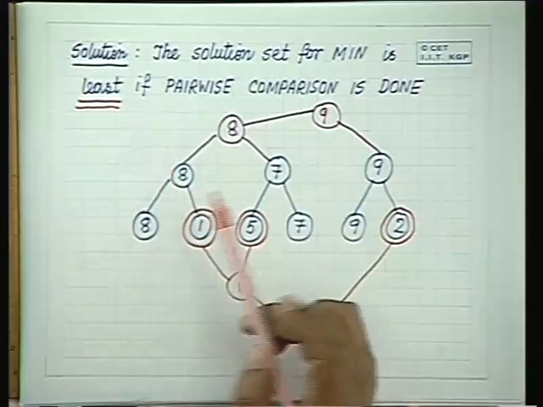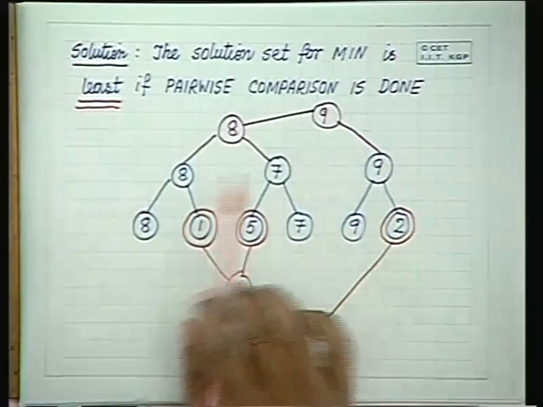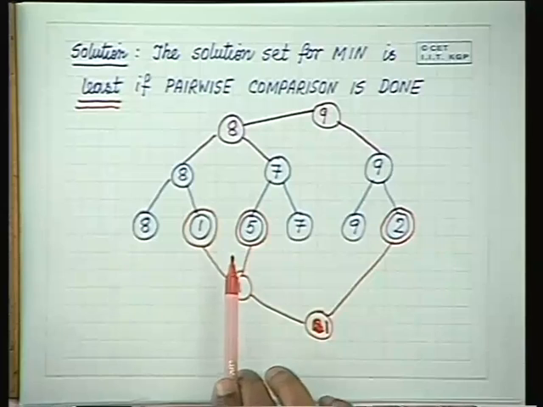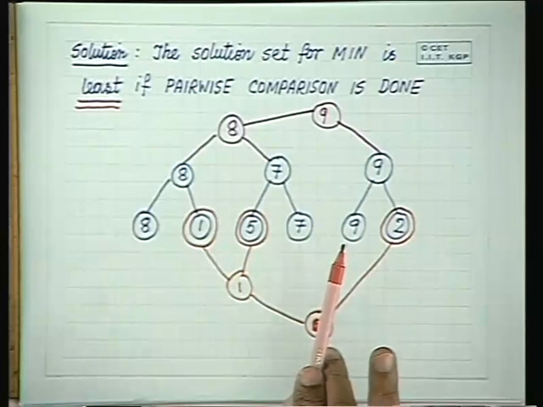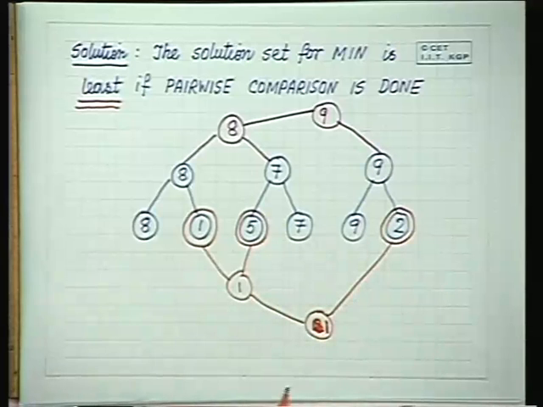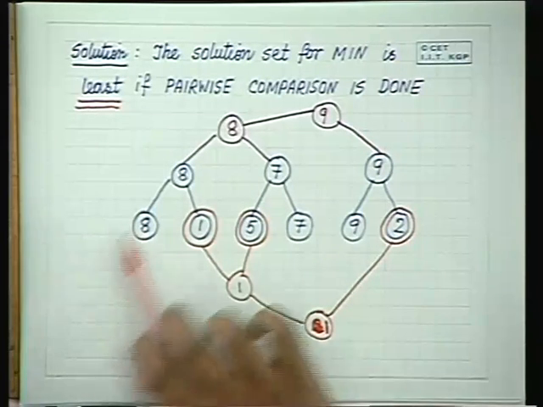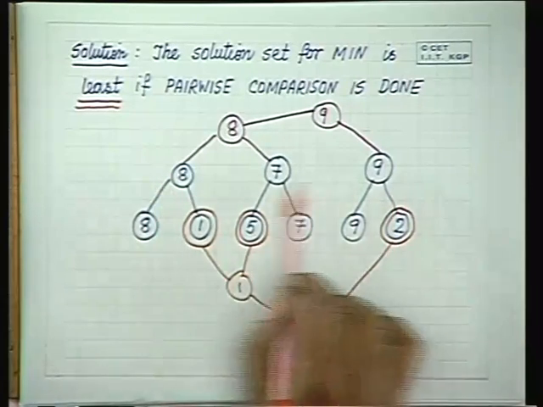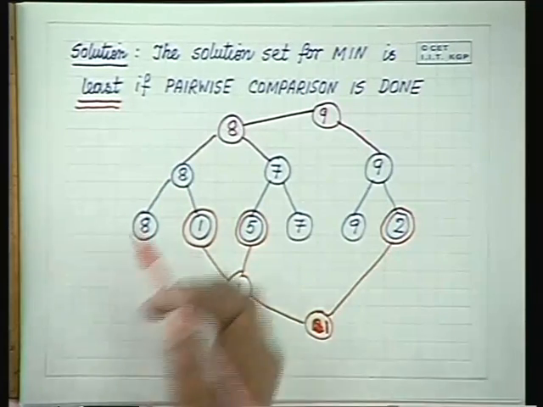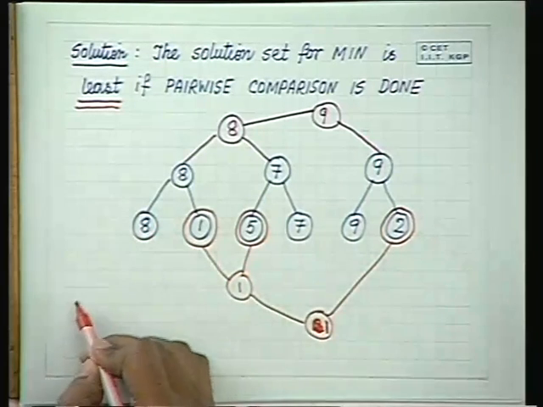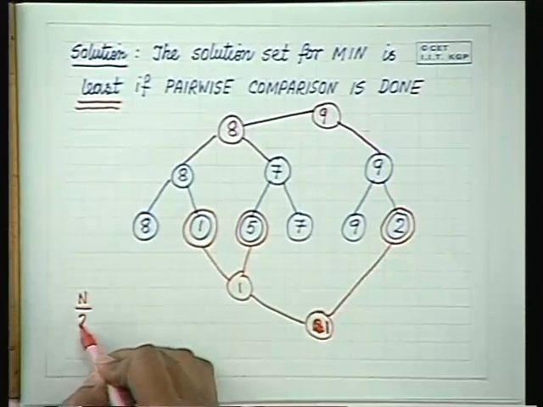I am just giving an informal argument, you can just sit down and prove it, it will not take much time. If pairwise comparison is done, it will be least in other situations also, but at least if pairwise comparison is done, it is definitely going to be least. And therefore, how many comparisons are you going to make? Let us say if n is even, then in the first round pairwise we are going to make n by 2 comparisons